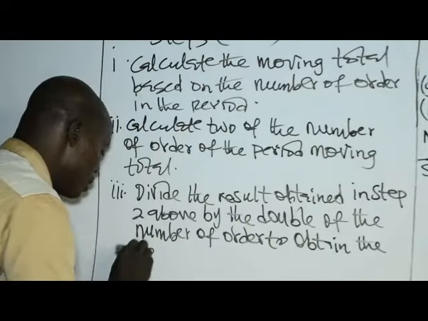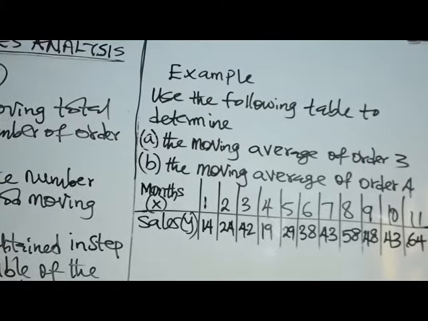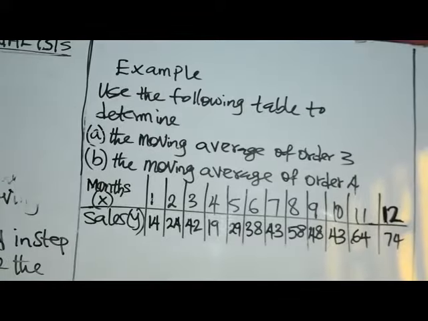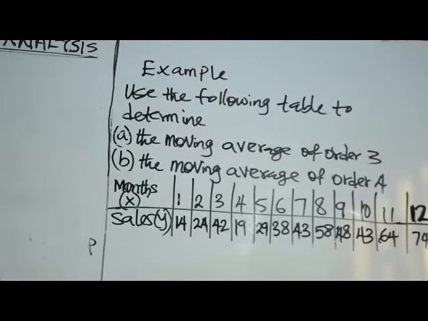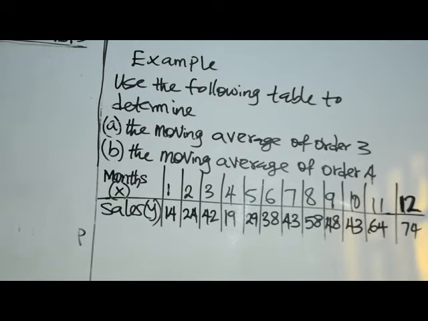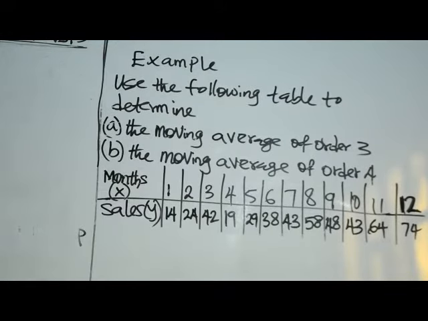Now, example. We want to use the same question as a work example. Use the following table to determine the moving average. To determine the moving average of order 3, and that has been solved. B, the moving average of order 4. And you are given the months and sales as well. Now the solution. Let's have the solution. Moving average